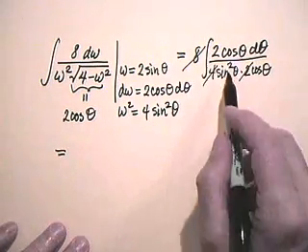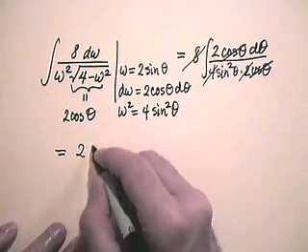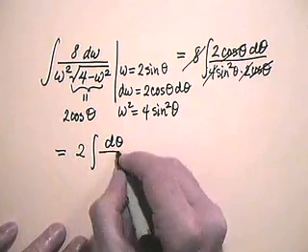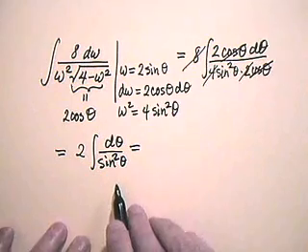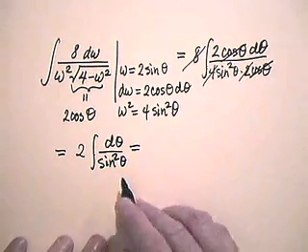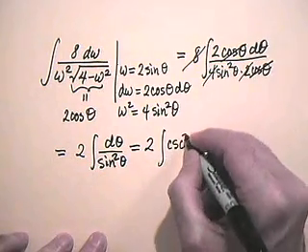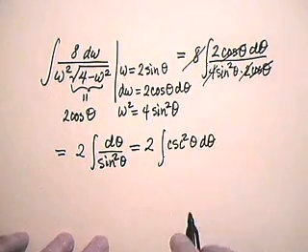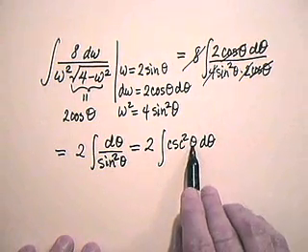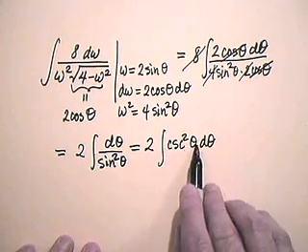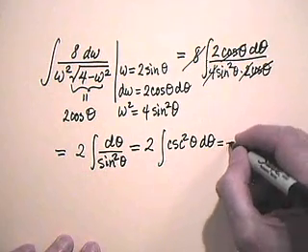And so now our integral becomes 2. Well, let's cancel cosine thetas. And so we have 2 integral d theta divided by sine squared theta. Well, remember, 1 over sine is cosecant. So this becomes twice the integral of cosecant squared theta d theta. Now remember, the derivative of cotangent is negative cosecant squared, so the indefinite integral of cosecant squared theta is simply negative cotangent theta. So we have negative 2